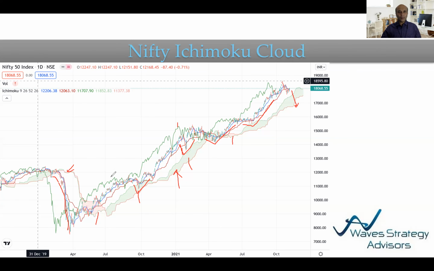So this is how you can combine this simple technique of cloud theory, which is known as Ichimoku cloud, and derive your positional or swing trades I'm talking about. You can apply this on an hourly chart or a 15-minute chart, and even do intraday trading by using this simple concept. So it's very easy. Start applying this concept, do it yourself, and you will see how drastically your accuracy starts increasing once you apply this concept.